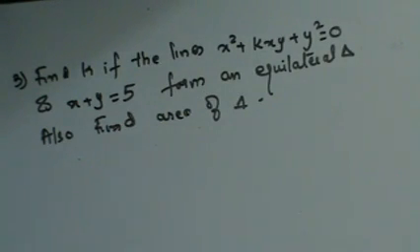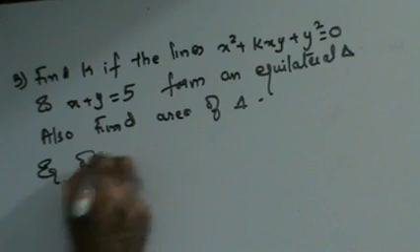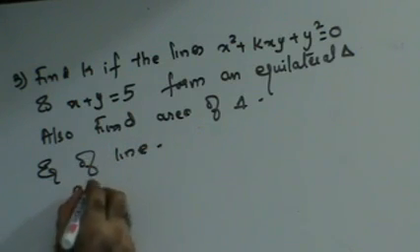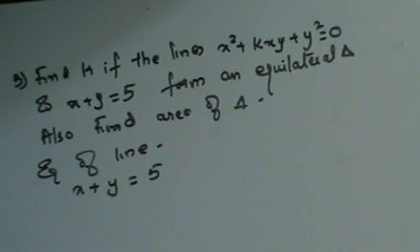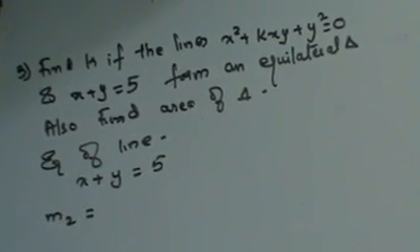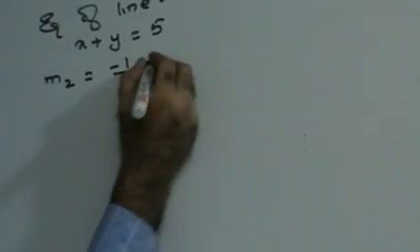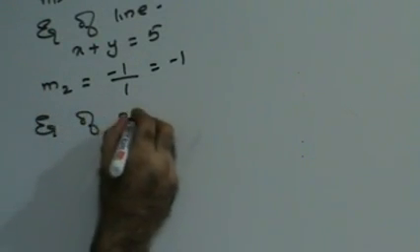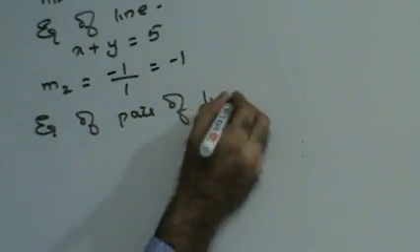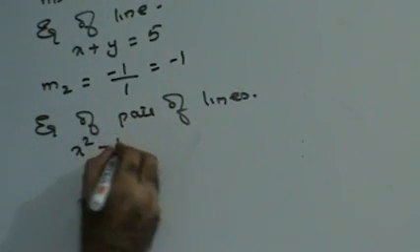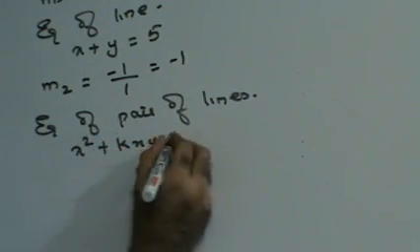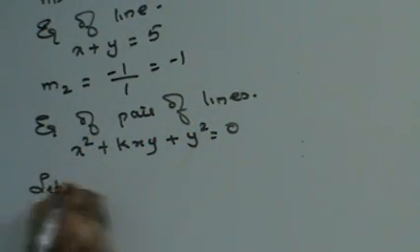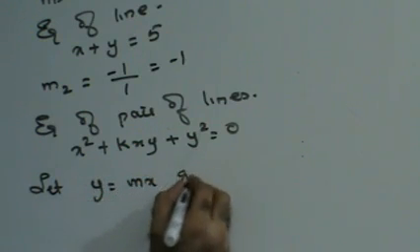Right, now the equation of line is given to you as x plus y is equal to 5. Slope of the line, we will assume that as m2, is minus a upon b, so minus 1 upon 1, that is minus 1. Equation of pair of lines is given as x square plus kxy plus y square is equal to 0. Let y is equal to mx represent